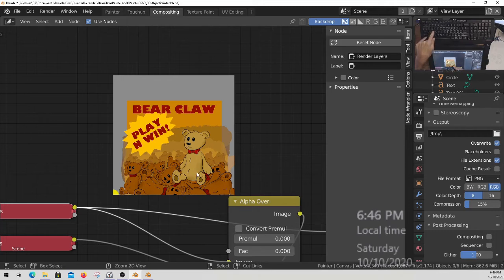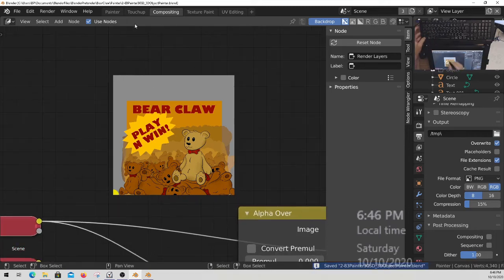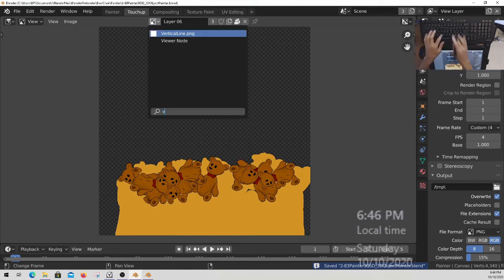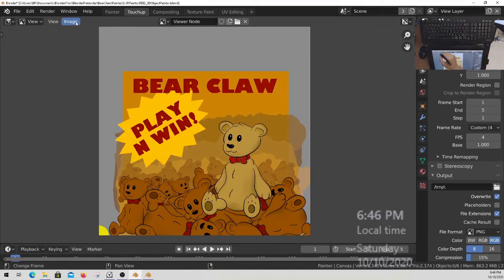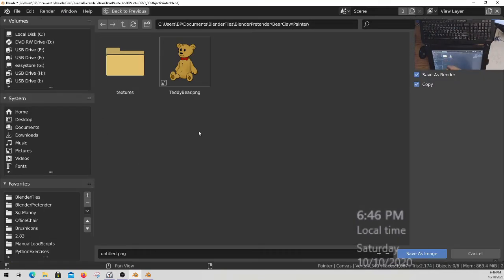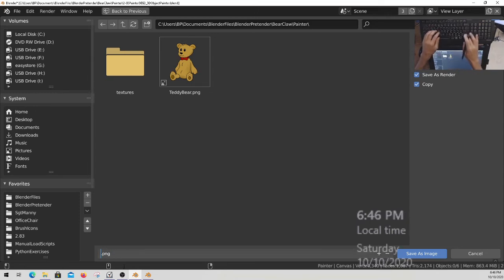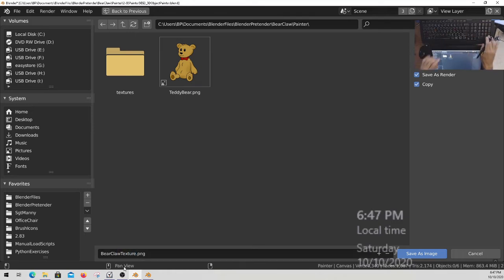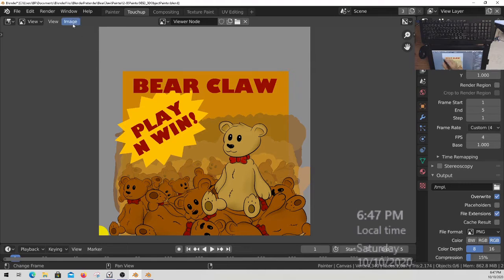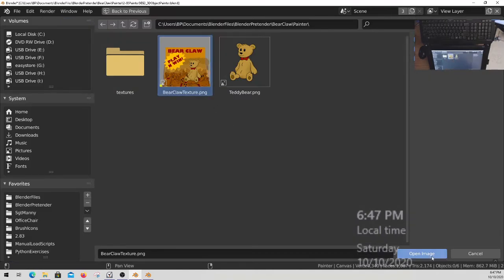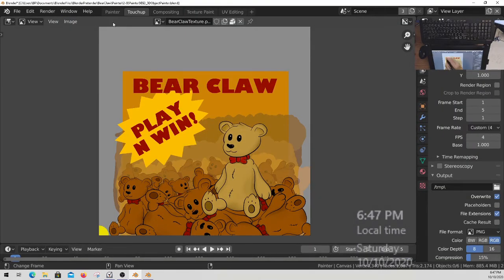Okay, Control save. Or rather, go to the touch-up viewer and go image, save as. I'm going to call it texture, save as, image, open the bear claw texture, and back in the painter,